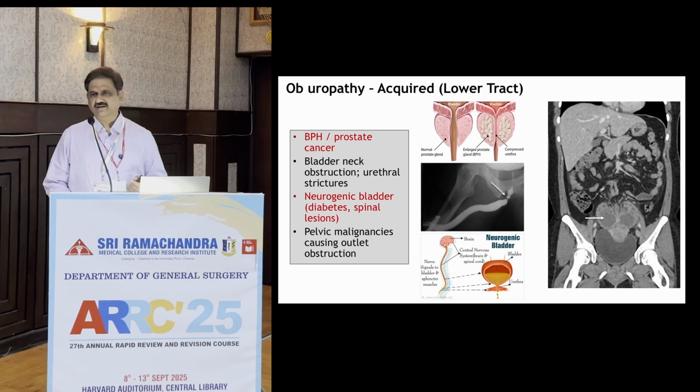What is the neurogenic bladder? The neurogenic bladder is one where the patient is not able to empty the bladder effectively, where there is a hypocontractility of the detrusor muscles because of some spinal pathology. Patients would have undergone some spinal fixation for a fracture of the spine, or there may be some sort of a meningomyelocele or some sort of a sacral abnormality where the nerves that come out, the S2, 3, 4 nerves,